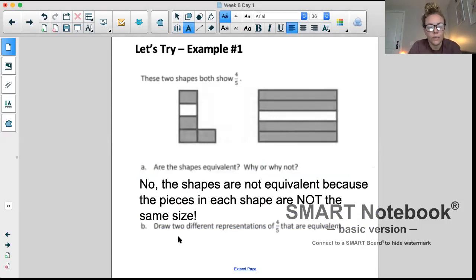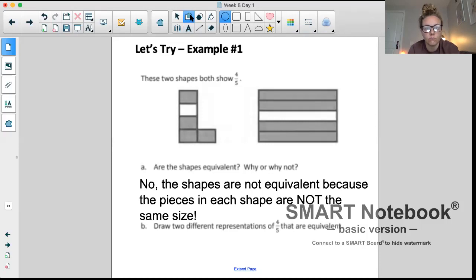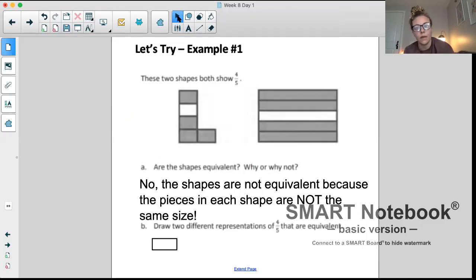Okay. B, draw two different representations of 4/5 that are equivalent. So something really nice about being able to do this on my computer is that I can use a lot of different tools here. So I'm going to use a tool so that I can make sure my shapes are just about the same size. So 4/5. Now I can take that exact same piece and I can just make copies of it. Obviously you can't do that on